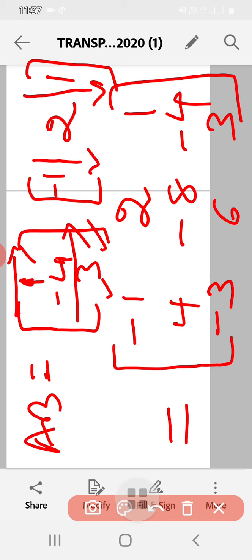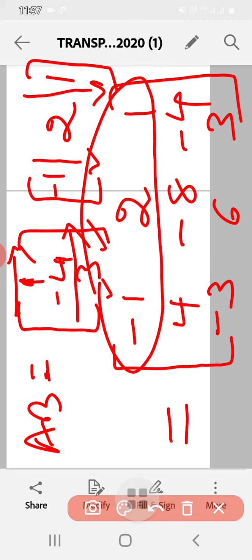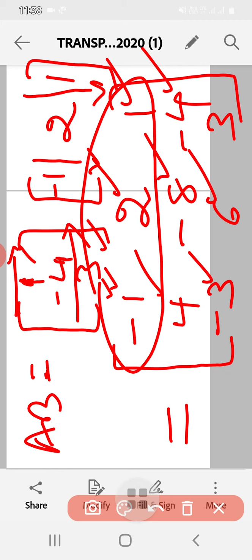Some students will add up all these elements. That's not how it is done. It is row into column, row into column. First row, first column gives me -1. First row, second column gives me 2. First row, third column gives me 1. Similarly, second row, first column gives me 4, then -4 into 2 is -8, -4 into 1 is -4. Then 3 into -1 is -3, 3 into 2 is 6, 3 into 1 is 3. In this way we get the product AB. So we want (AB)'.